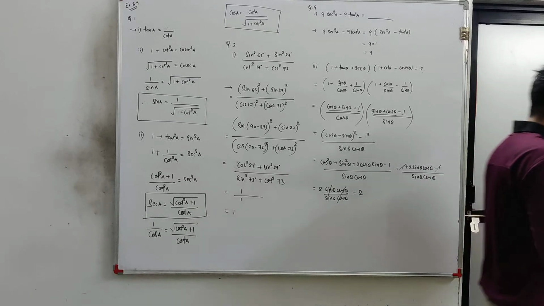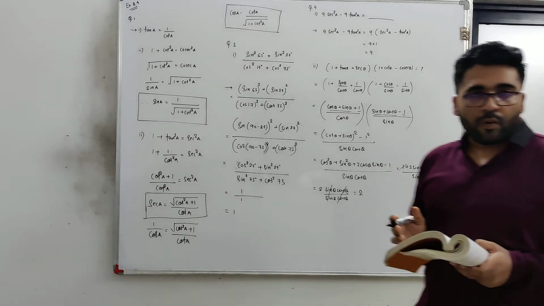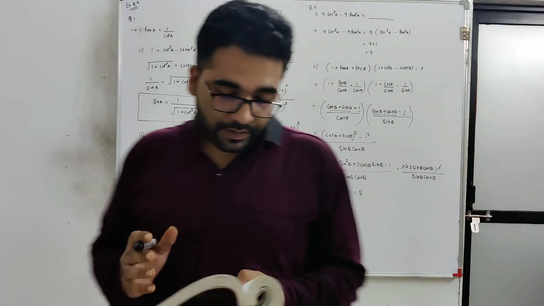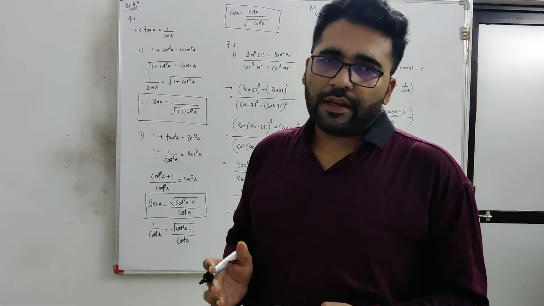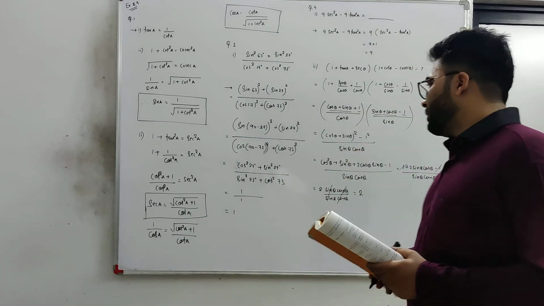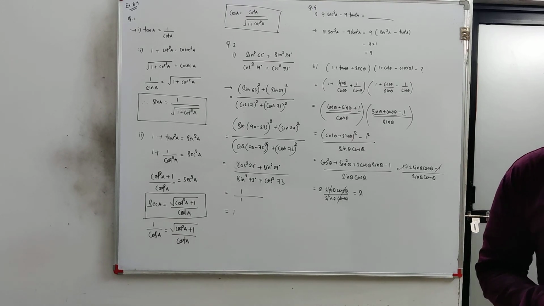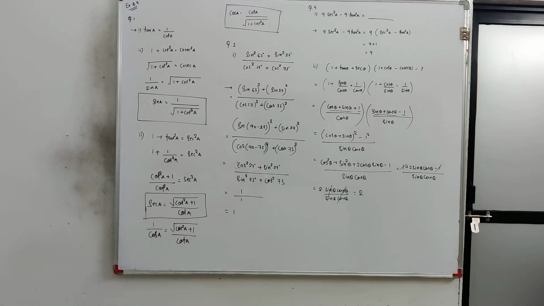So see here, question number 3 and 4, try to solve by yourself. It is just like the identity you need to apply. Solve it. If you have doubt, you can ask me. Thank you very much. Next time, we will solve the further questions, that is question number 4, which is a solution based on the identity.